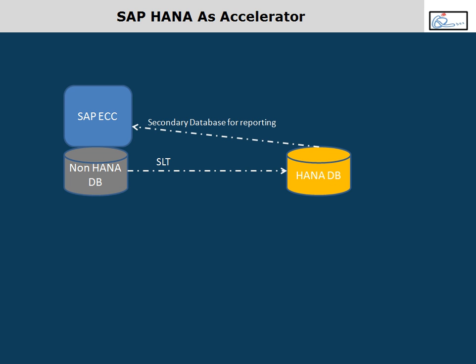If I just use my HANA database, it does not speed up. What I'll do? I'll implement the logic of availability to promise. I'll implement that logic as a stored procedure in what? In HANA database, and I'll create an ABAP managed database procedure in ECC, which actually calls my what?